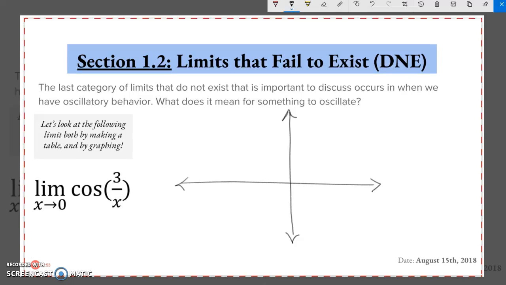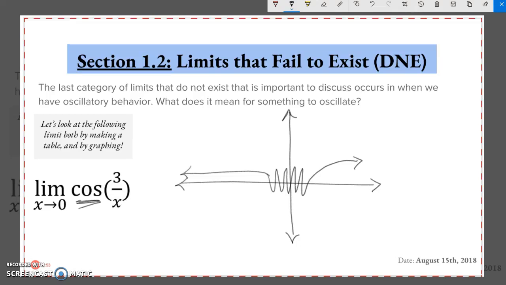And what we'll find is that this function comes in and then it oscillates rapidly back and forth here. And this is going to be true for sines and cosines, the work that we do with trig functions. Now this function is going to go back and forth from different values. And the reason that it's going back and forth, back and forth, back and forth is because cosine itself is